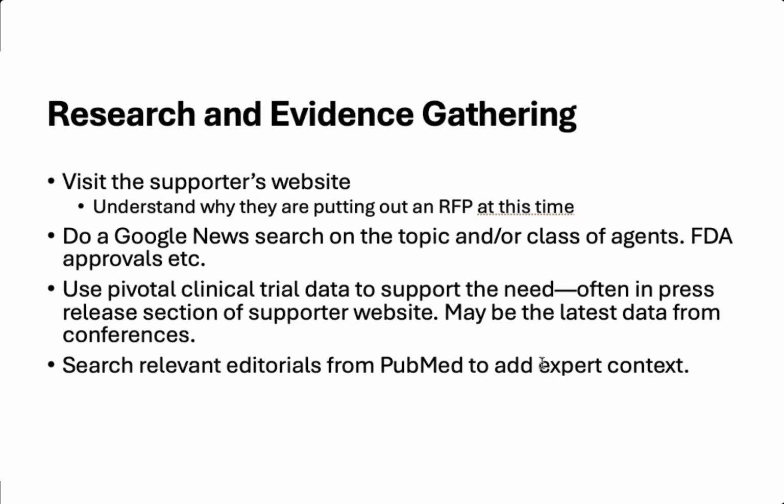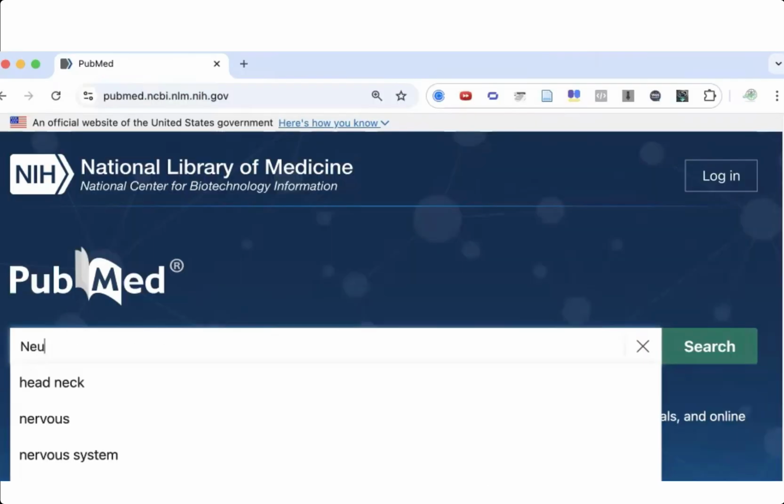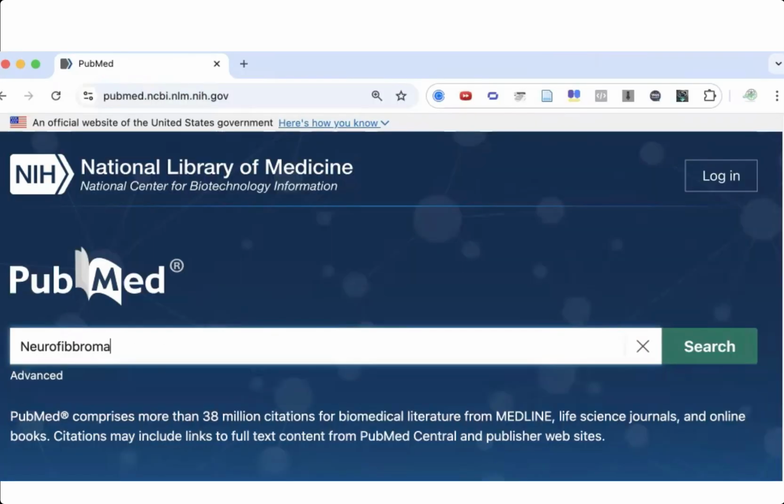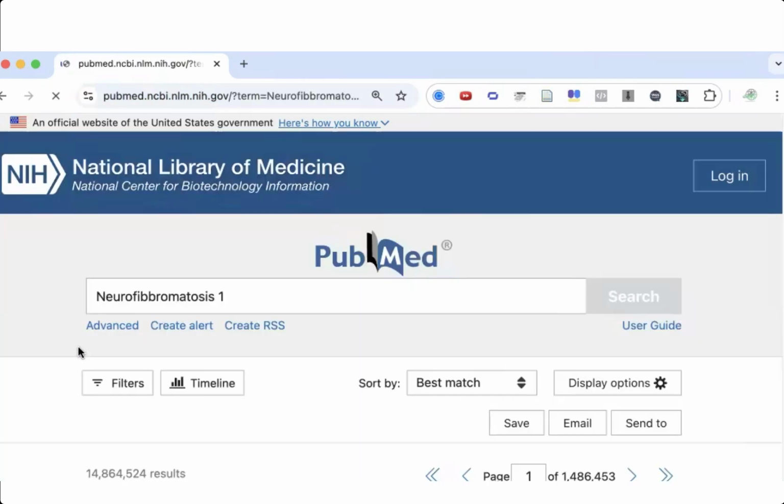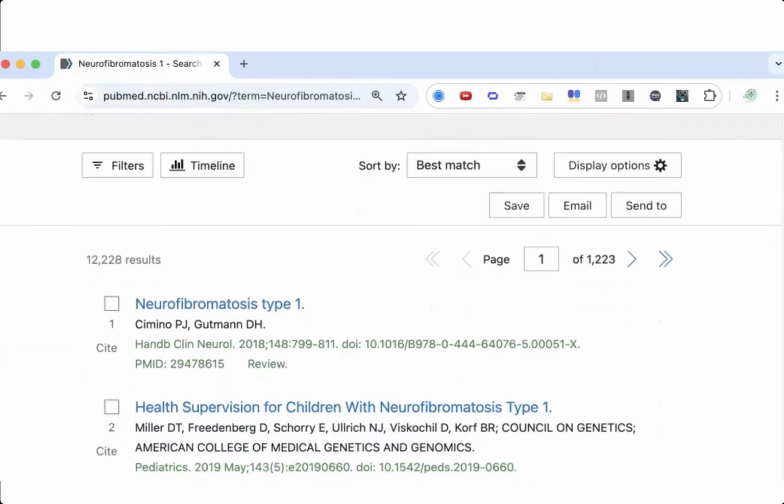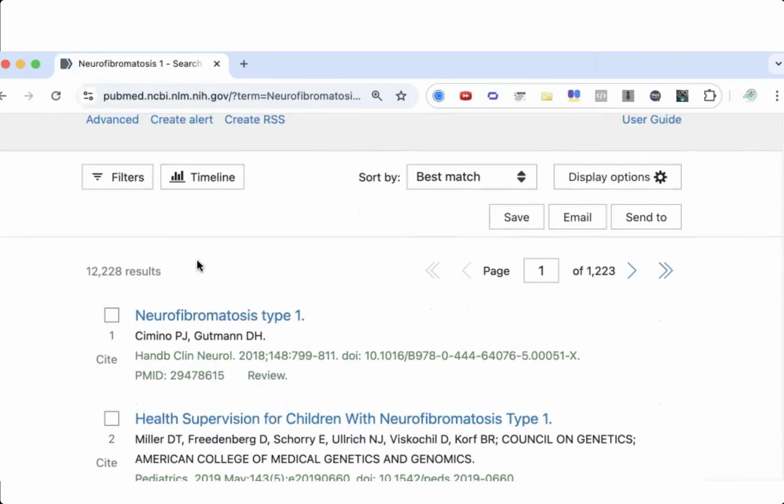Search relevant editorials from PubMed to add expert content. So let me just pull up PubMed. Let's say we want to search neurofibromatosis 1. Whoops, I spelled that wrong, so it's not going to work well for me. Okay, there we go, neurofibromatosis 1. All right, search. Now, if I search it, it's going to bring up 12,228 results, and we do not want